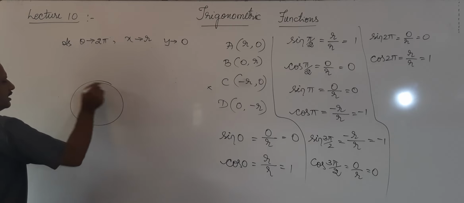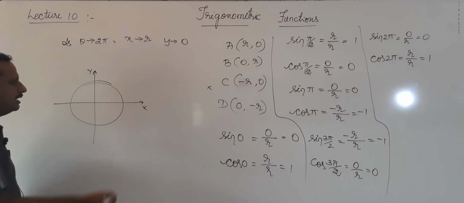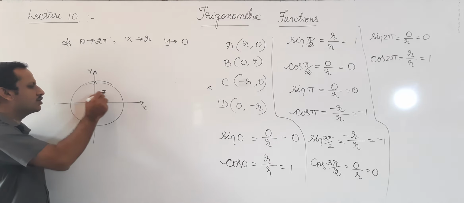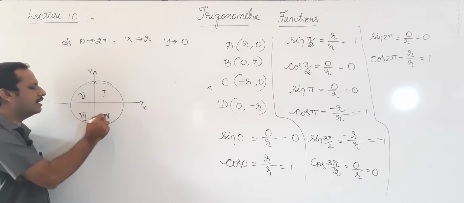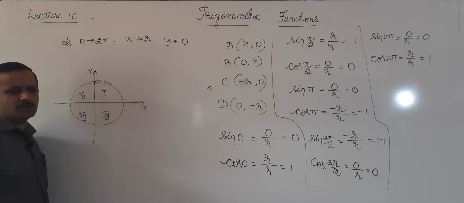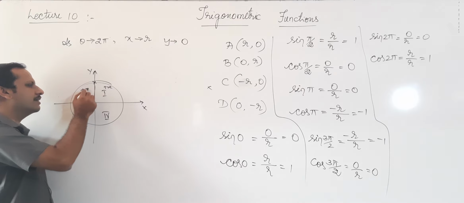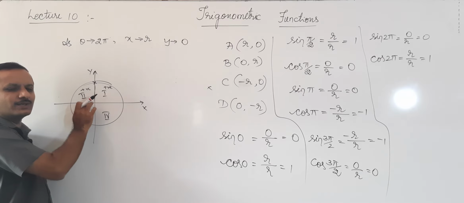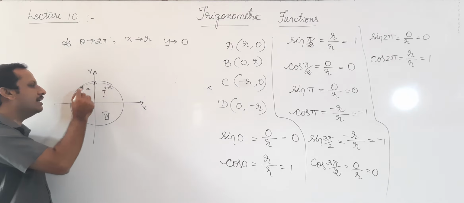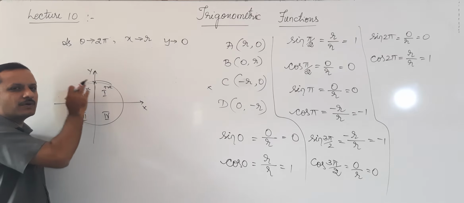So look at this, a circle with center at origin and radius r. Say it's along the positive y axis. This is the first quadrant, second quadrant, third quadrant and fourth quadrant, you know. Now on this, whether sine is positive, cos is positive, etc. Look here, sin theta is positive here, so it cannot be negative at this point. So it is positive at that point also. Then cos is positive in the first quadrant, negative in the second quadrant. Here positive, here negative, means it should be 0 at this point.